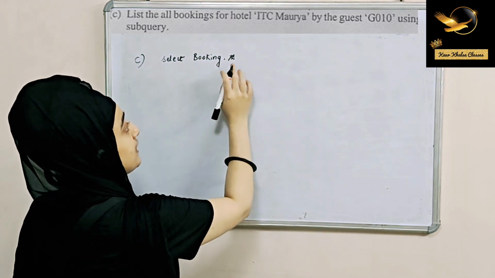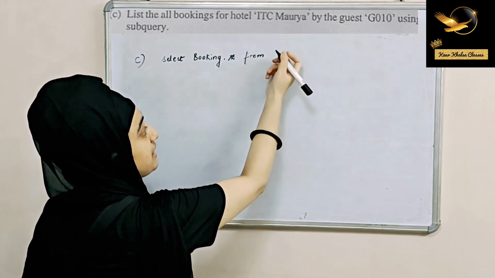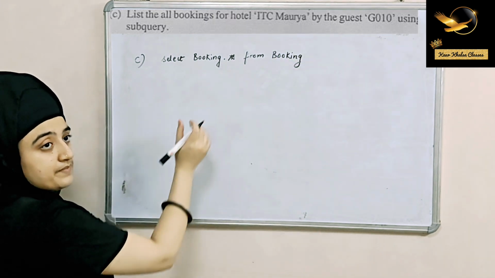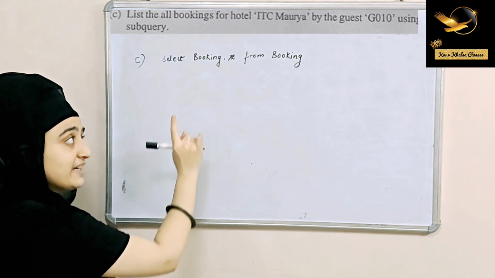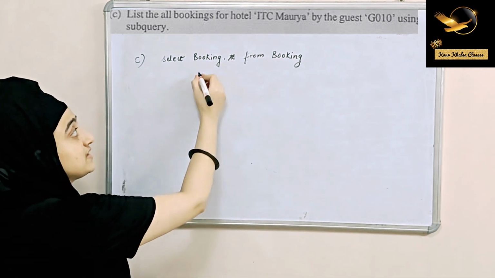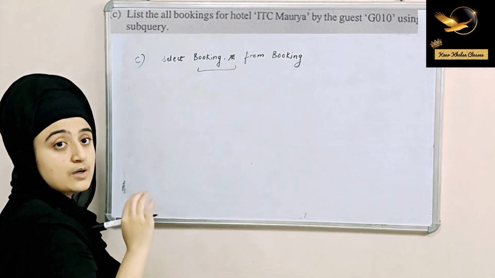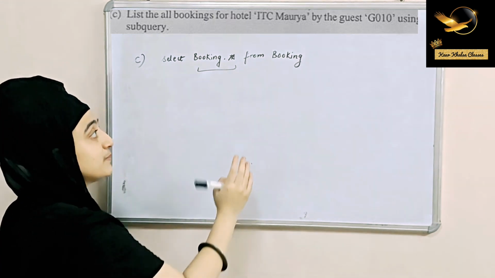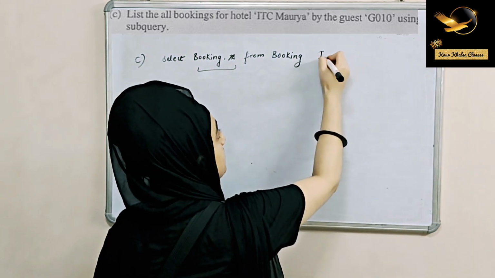So select booking dot star from which table? Booking table. What is the syntax? Select column from table. So this is the column, which means print all the columns, or you can say show all the columns present in the booking table. Inner join,